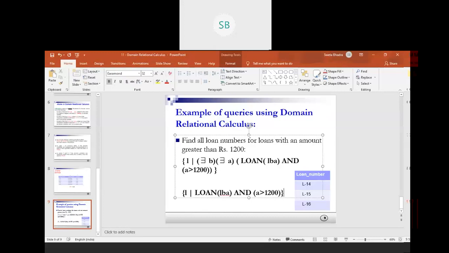This is an alternative way of writing it. Either go this way or go that way, you will get the same result.